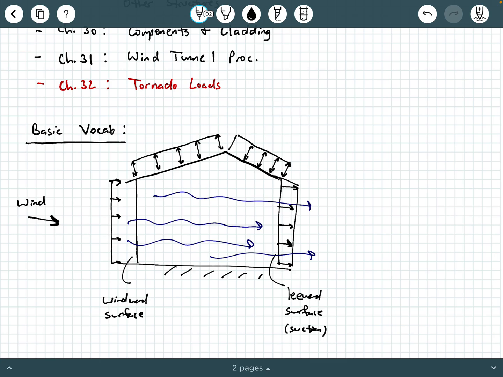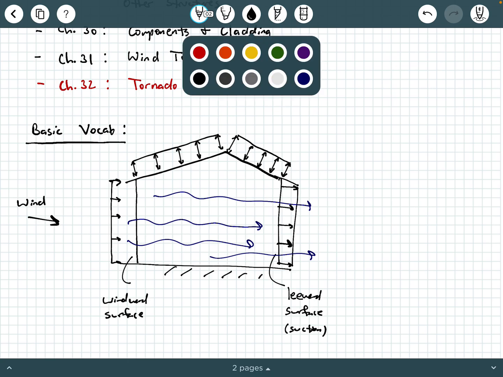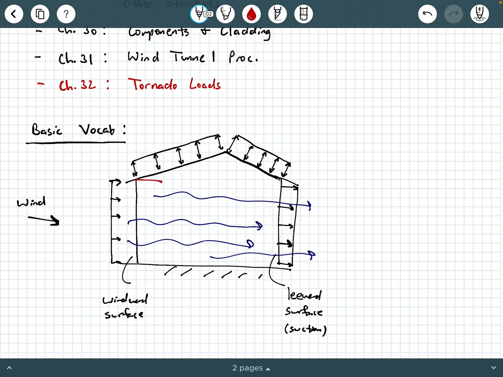It could either be suction or compression on the roof. Now, what will influence that? Well, what influences that is in large part going to be the roof slope angle. So I'm going to label this roof slope angle theta right here. Okay, so if theta is very small or very large, that will impact if the roof panels are experiencing either